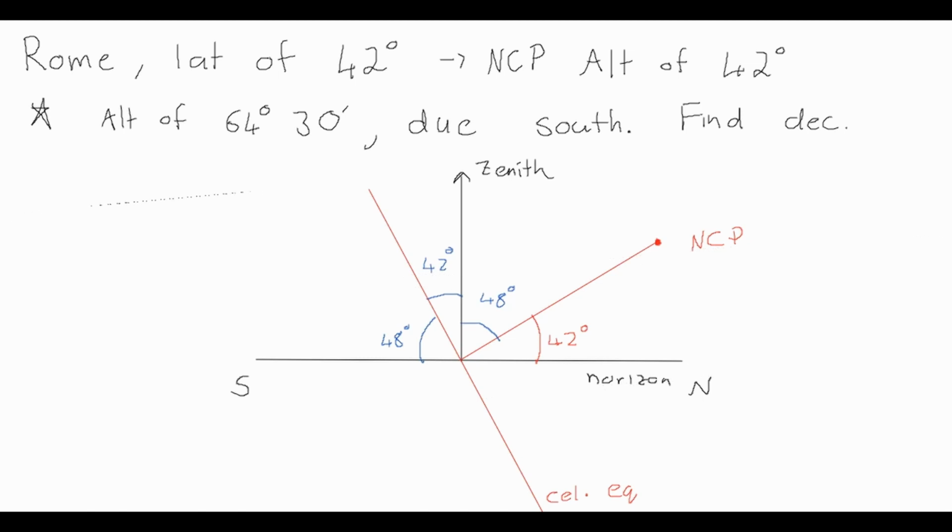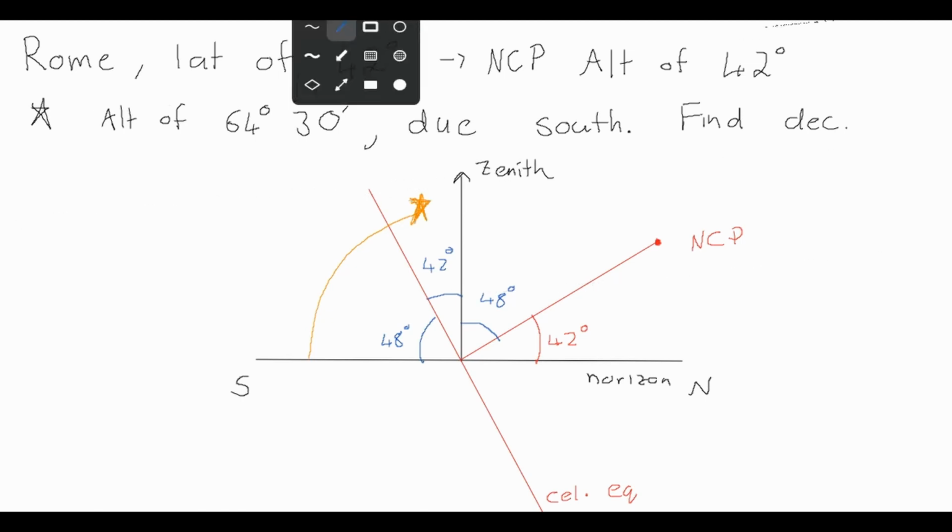So we know that our star needs to be between the celestial equator and the zenith, and it needs to be 64 degrees and 30 arc minutes above the horizon. So let's just write that angle on. So this is 64 degrees